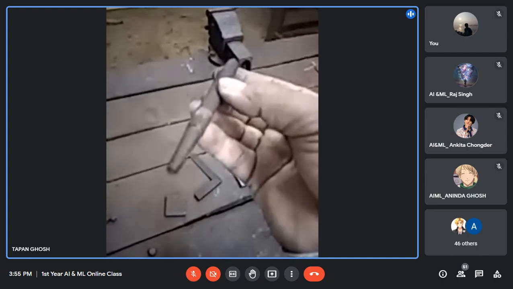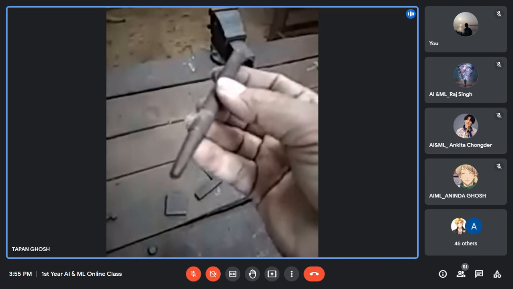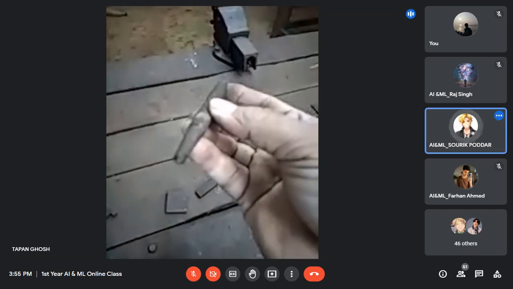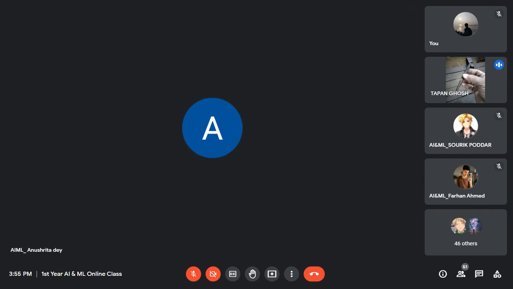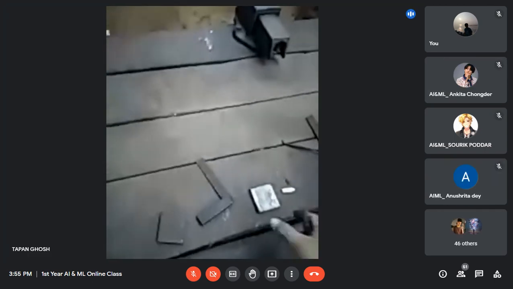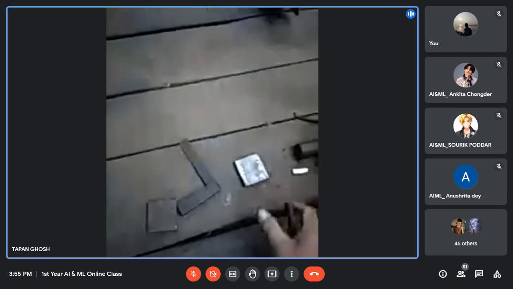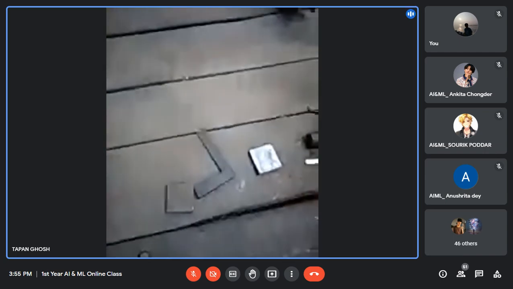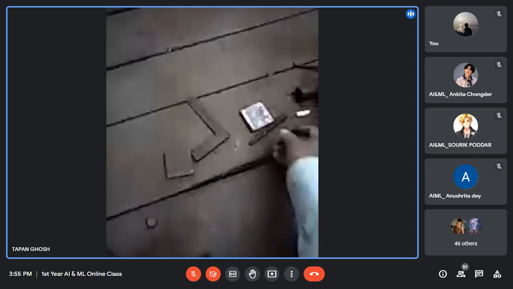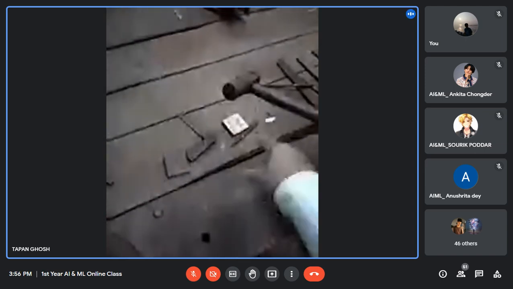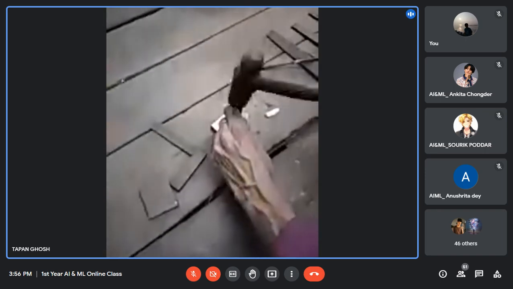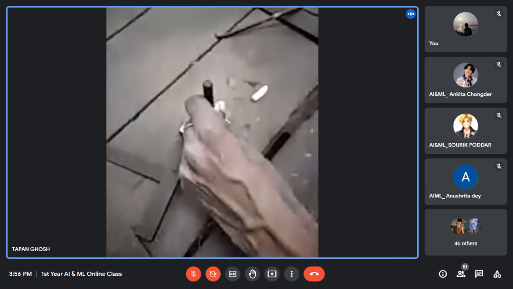So another tool is there. This is called a punch. Can you find the name as per your list? Compare this with your list. Yes, sir. This is called a punch. On the metal, first you draw a line with the scriber, and then if you want it to be permanent, you have to punch over the line like this way.